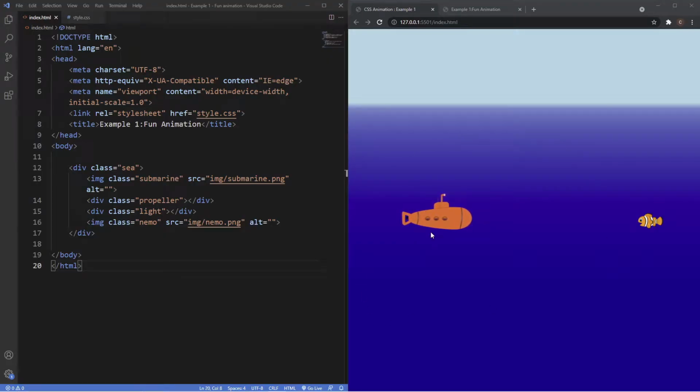Alright guys, so to our right in the browser here you can see the animation that we're going to be replicating. So we've got a submarine here, or the image that we've been using throughout this tutorial. We've also got an image of Nemo. Now the body has a background color of a linear gradient, so it's got two colors. First is this light blue color representing the sky, and the second part is just sort of to represent the